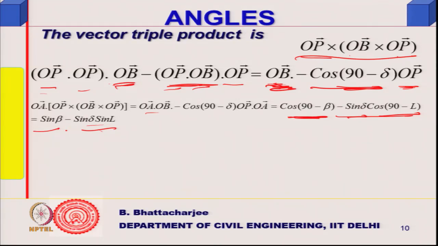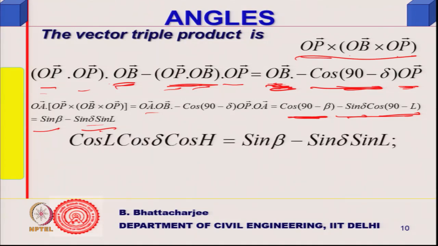So this I can now equate with my formula that I had: cos latitude cos delta cos hour angle is equal to sin beta minus sin delta sin latitude. I am interested in this altitude angle. So I can express sin beta as sin declination sin latitude plus cos latitude cos declination